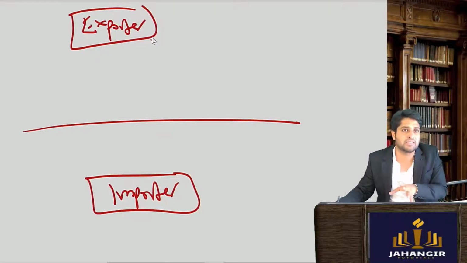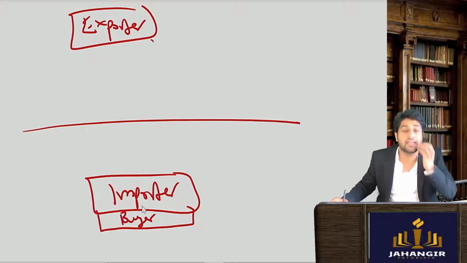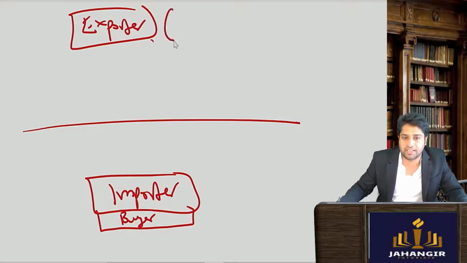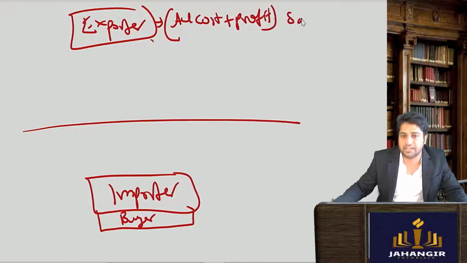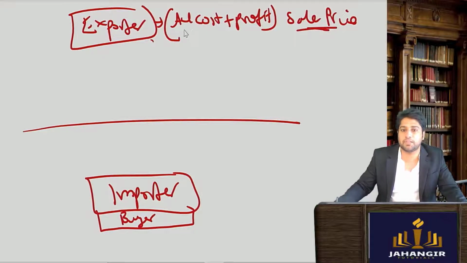So if all these things are being done, but the buyer, the importer, is paying it directly or indirectly, it will be added into the value, because whenever any person sells, the exporter is selling, it should include all cost plus profit. Selling price वही होता है sale price. So sale price पे import duty लगती है. Sale price will include all the cost and all the profit.